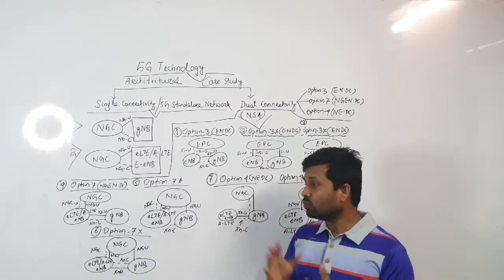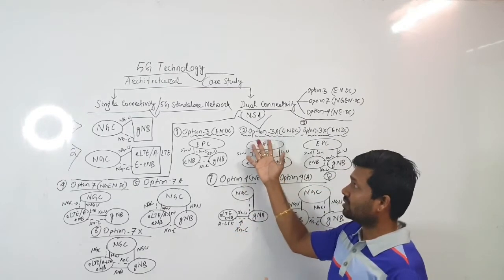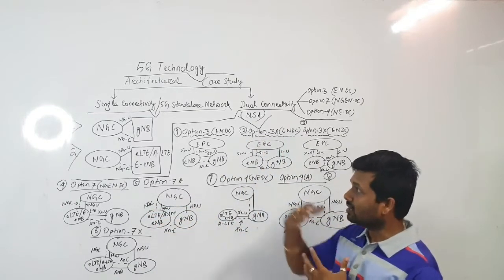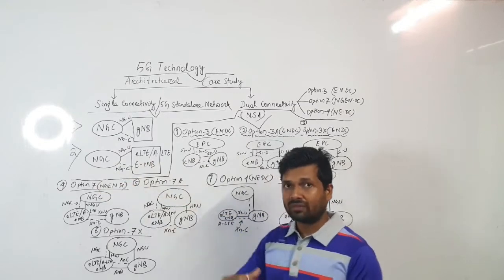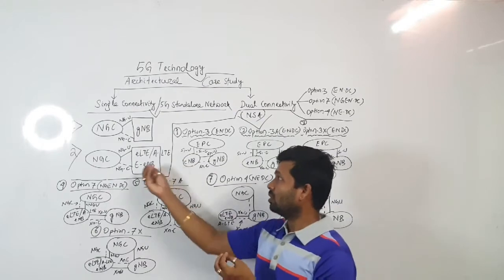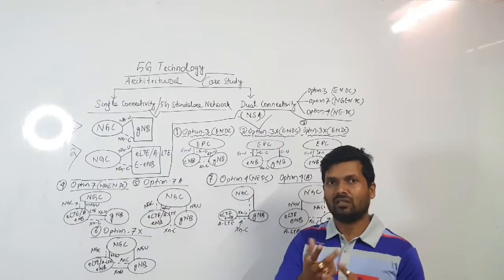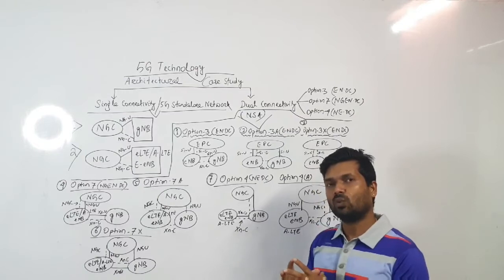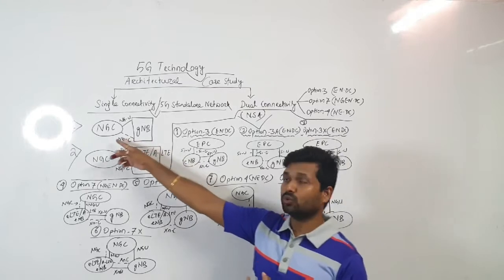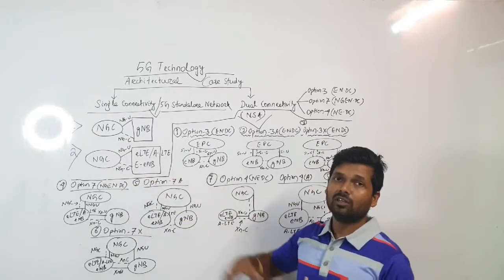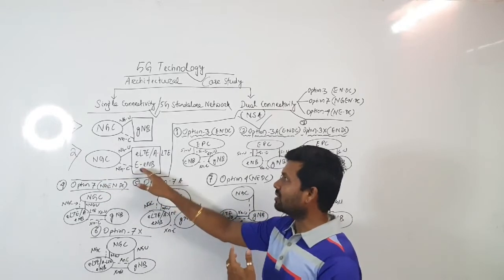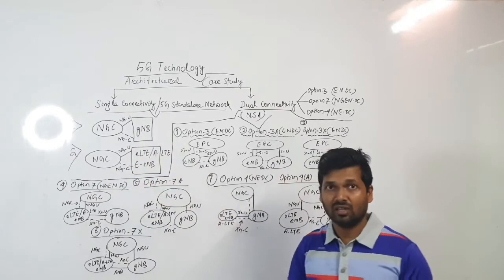So these are 8 different options. If you are a new operator or an existing operator, you can migrate from option 3, 3a, 3x to 7, 7a, 7x. And again, if you are a very new network or private network, you can have your core and you can have your new E node B. Or let's say you have just one site, you are a private network operator. Let's say you are having one 5G network at your farmhouse, so you can install one G node B and then connect it to the core. Or you can go for an advanced LT network and connect with the core. Moving forward, in future you can migrate this one to G node B, or you can add additional G node B network also.